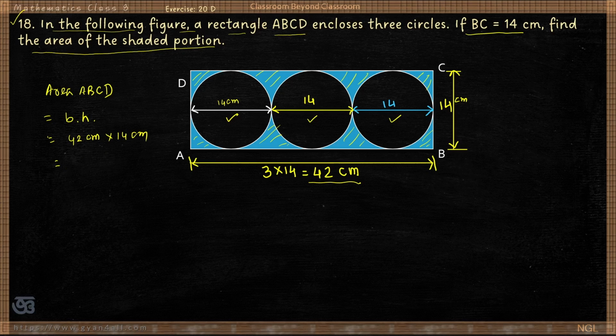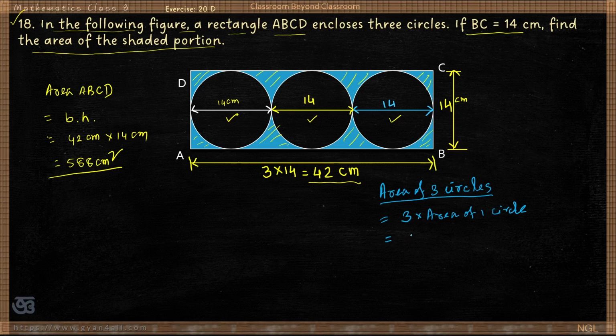So this is equal to 588 centimeter square, the area of the rectangle. Let us find the area of the 3 circles. Area of the 3 circles is equal to 3 into area of 1 circle, because all the 3 circles are of equal radius. So 3 multiplied by area of 1 circle, πr²,